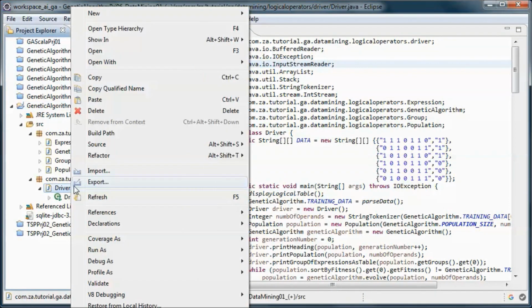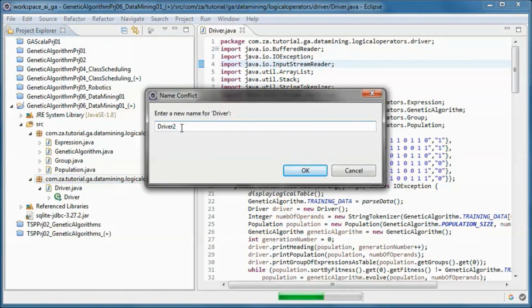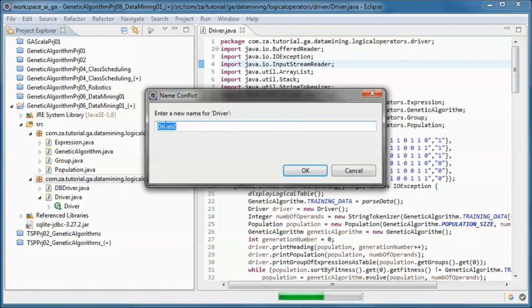And we'll have a driver that will handle data coming from the database, and another driver that will handle data coming from a file.